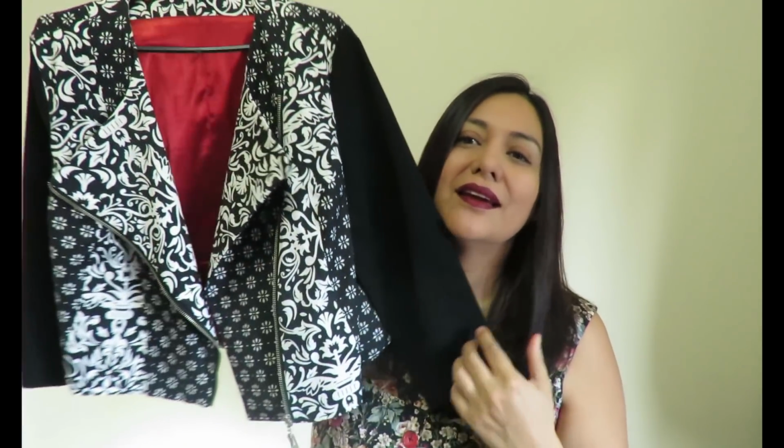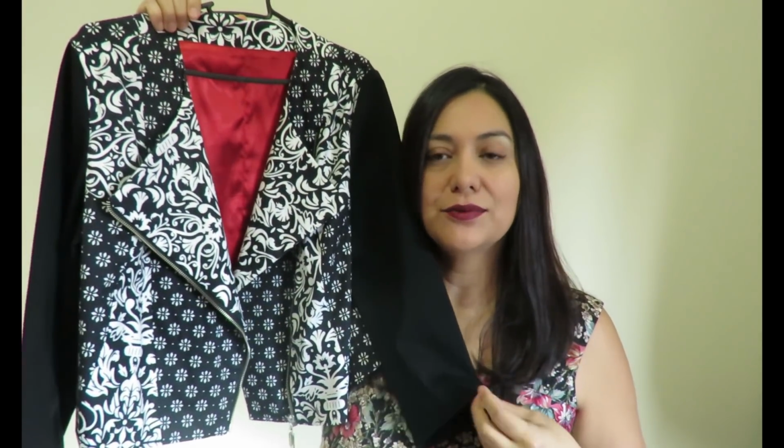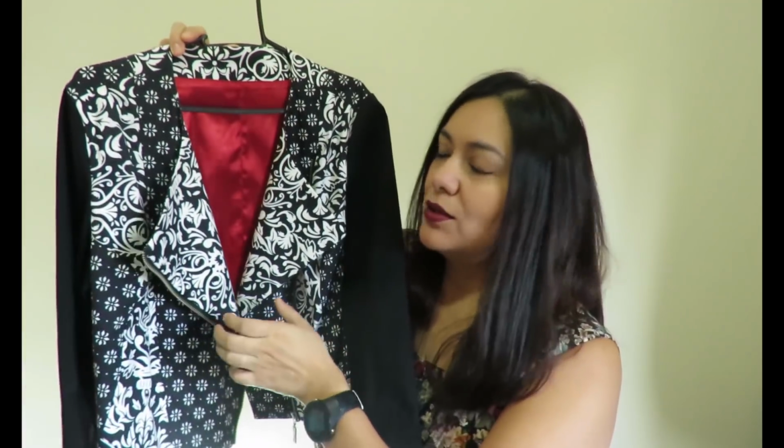And once I figured out what the problem was, I cut a new undersleeve piece, the right size, and then it seemed to match up better. So I'm going to show you the jacket. I'm going to stop blabbing. You've already seen most of the details when I showed you the process, but this is how it looks all